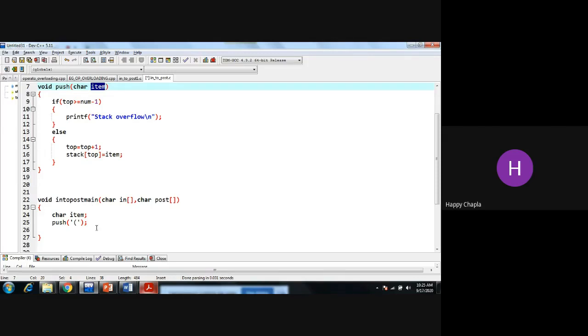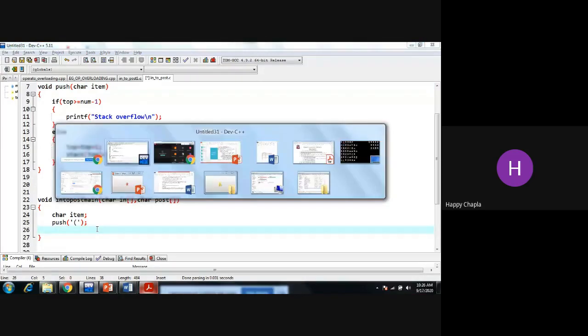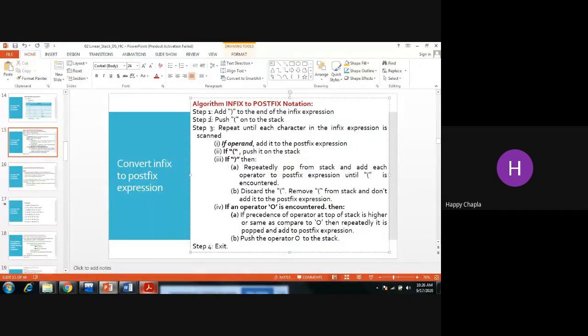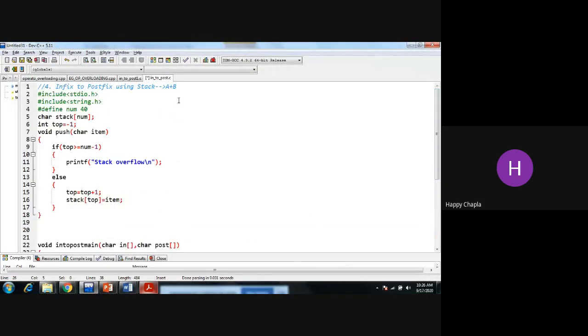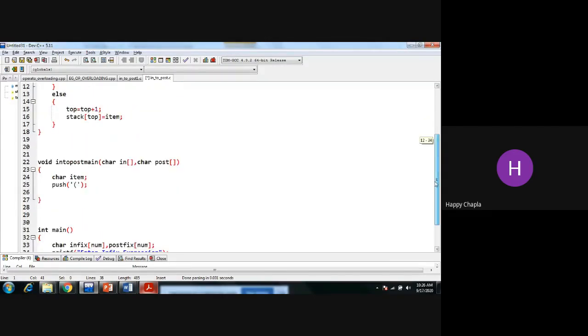Okay, now what do I have to do in the second step? Check over here: add the closing bracket to the end of the infix expression. Now we need to add the closing bracket over here. How can we decide this position?